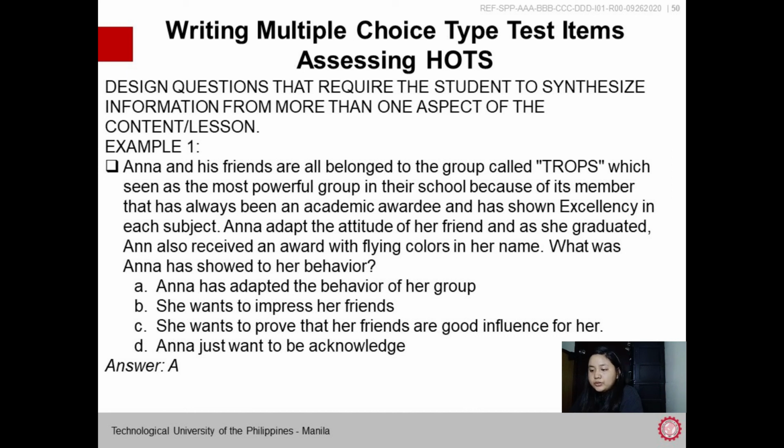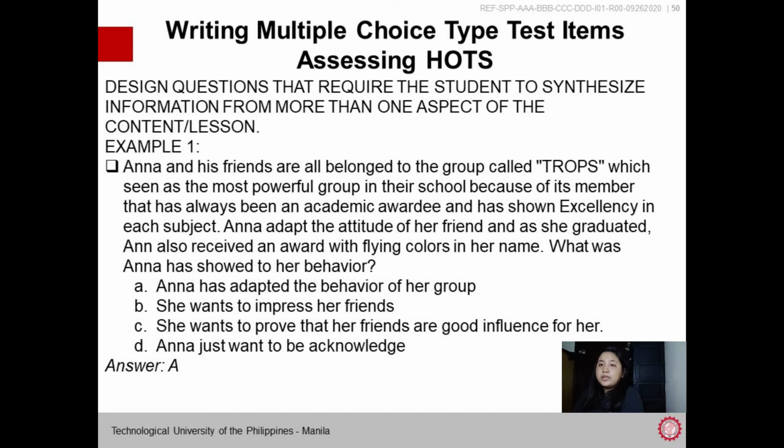So first, letter A, Anna has adopted the behavior of her group. She wants to impress her friends. She wants to prove that her friends are a good influence for her. Anna just wants to be acknowledged. So